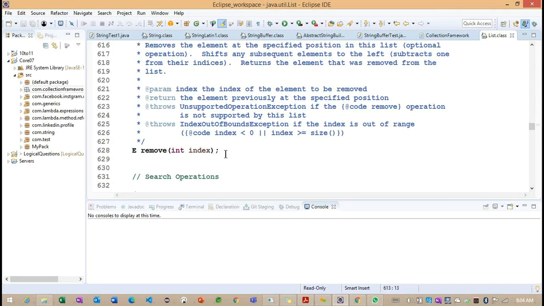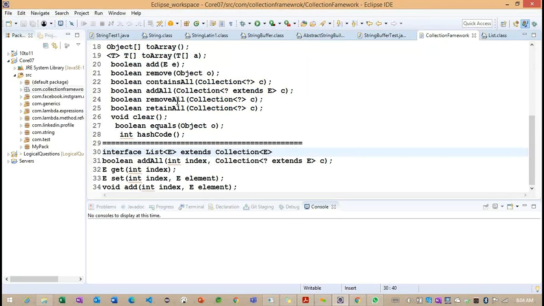We discussed the add method, now the remove method. This remove is different. Getting the point. So far, whatever remove methods we discussed, this particular remove method is different. Here we provide the position and we get the removed object. But here we need to specify the object and we get a Boolean value.